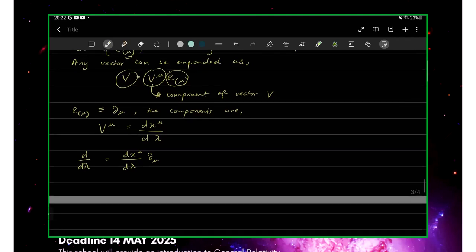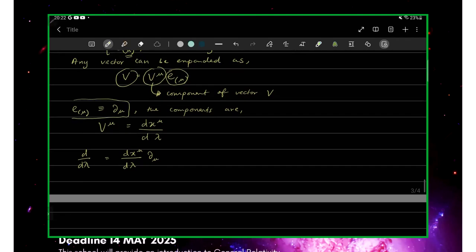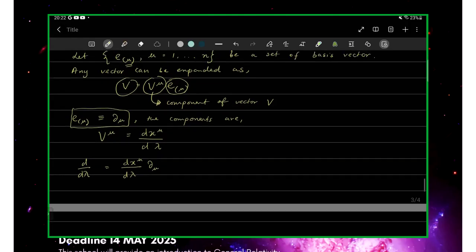And particularly because you see that the coordinate basis over here is del mu, right? Which is interesting. If you think about it, I'm saying that the coordinate basis is essentially some change with respect to x mu. Now, if you're not familiar with this notation, maybe I'll write it down. This just means the partial derivative, del by del x mu. Okay, so that means that I am sort of defining the coordinate basis as some change with respect to x mu, which does not really take place in a flat manifold. Like if you think about it,